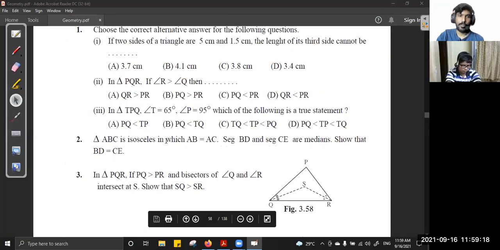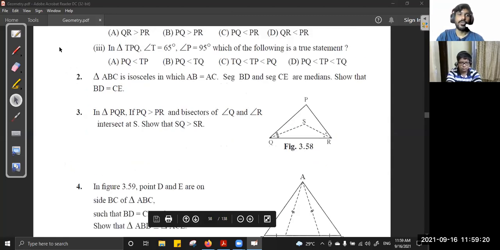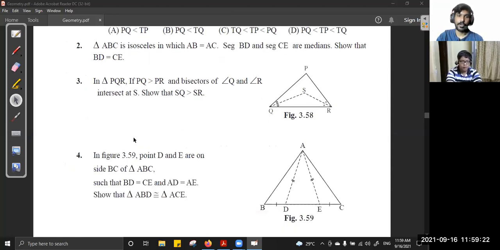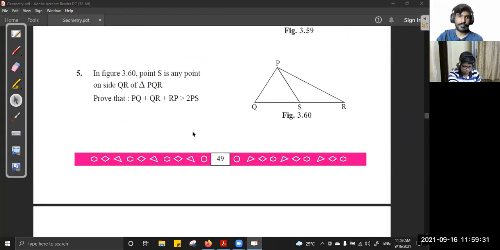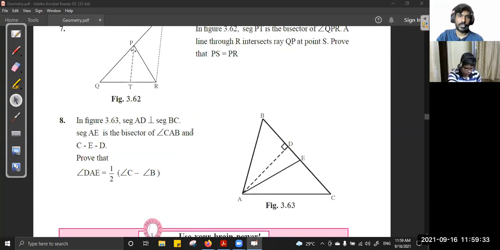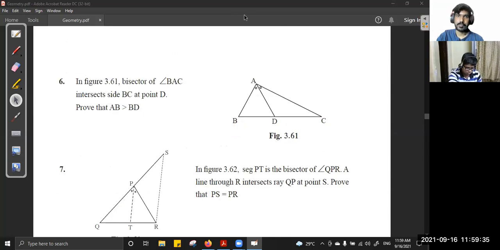Okay, now we'll stop here. I want you to do sums number 2, 3, and 4 of the problem set for homework. Rest all we'll do later. So we'll stop here. Tomorrow I will not take a class.